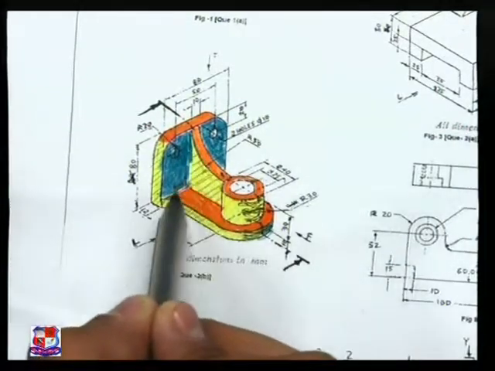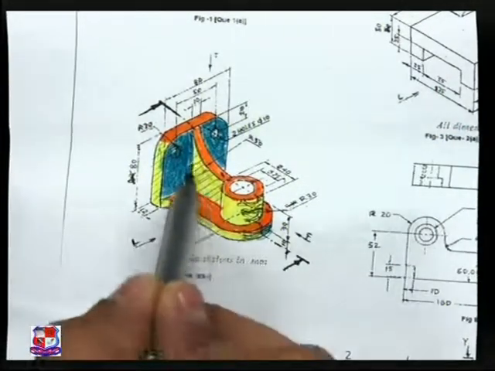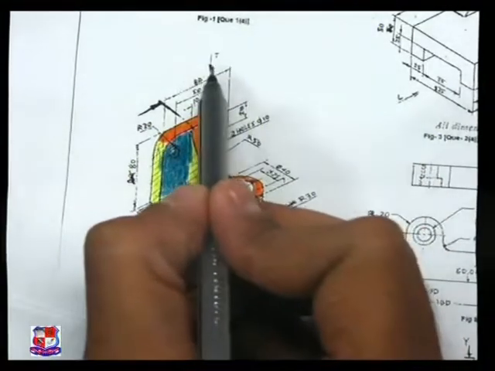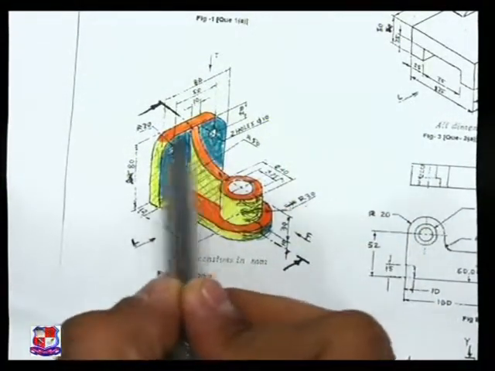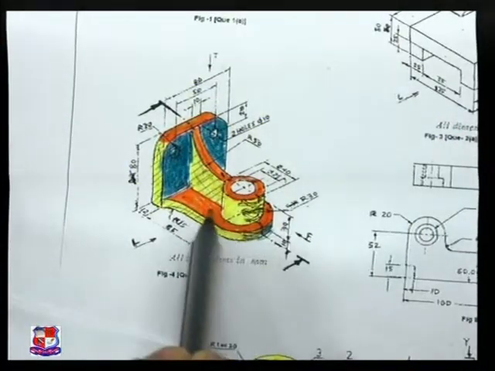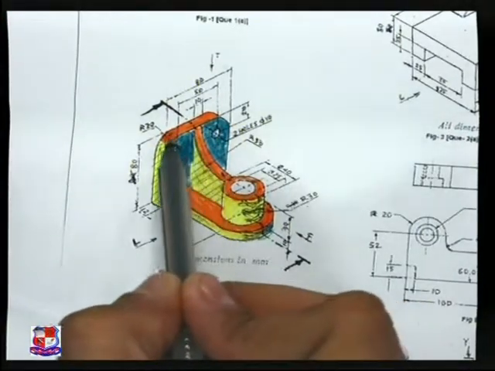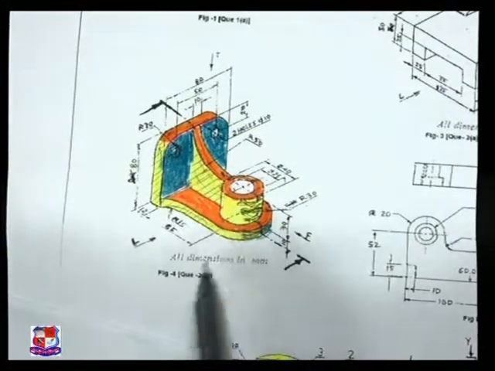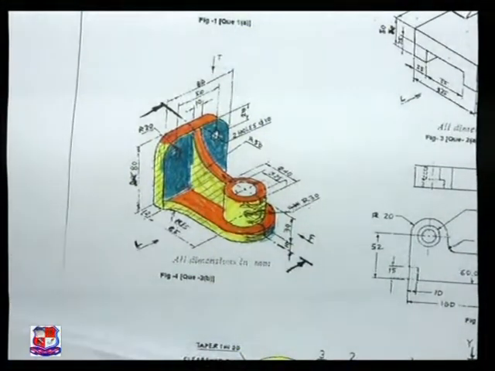This pink color would not appear. This portion would be visible in left hand side view. And if we look from the top side, from top view, this pink colored portion shown over here, or orange color portion, that would appear like this edge, this curvature portion, this circle, and this edge. So how to draw solution of this problem?